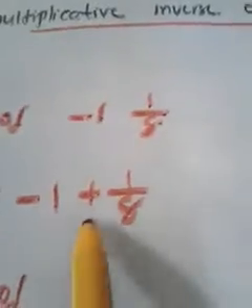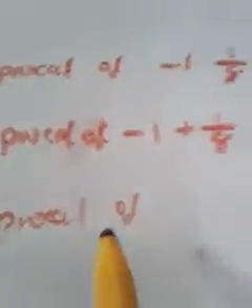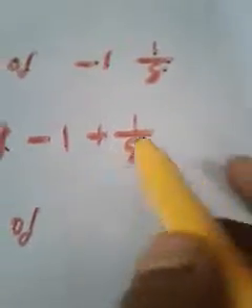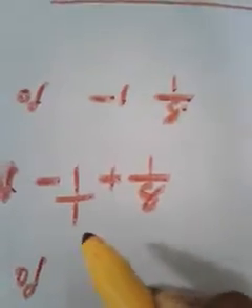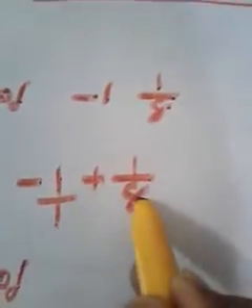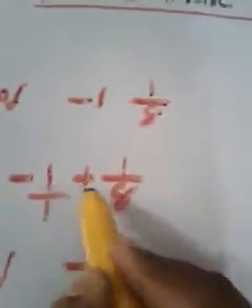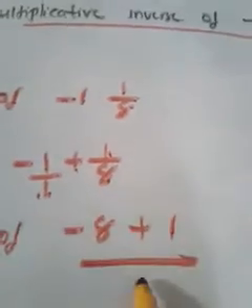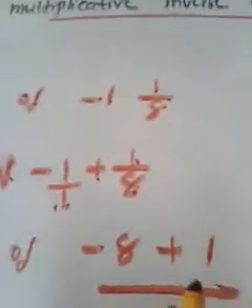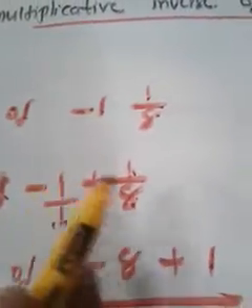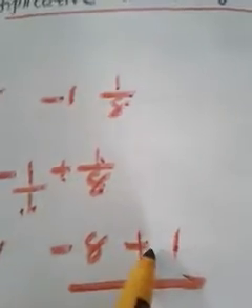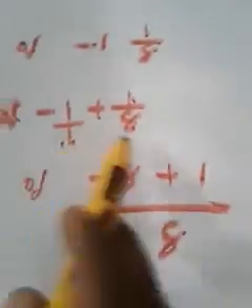So the reciprocal of this becomes the reciprocal of minus 1, and in between the sign is plus, 1 by 8. It means we cross multiply. You know how to add two fractions. In order to cross multiply, if you feel difficulty, you can give a denominator 1 and cross multiply. What is minus 1 into 8? Minus 8. Then the operation is addition. 1 into 1 is 1, divided by 1 into 8, which is 8. Since there is no denominator, I can give the denominator 1 and cross multiply easily. Minus 1 into 8 is minus 8, plus 1 into 1 is 1, divided by 1 into 8 is 8. Okay.